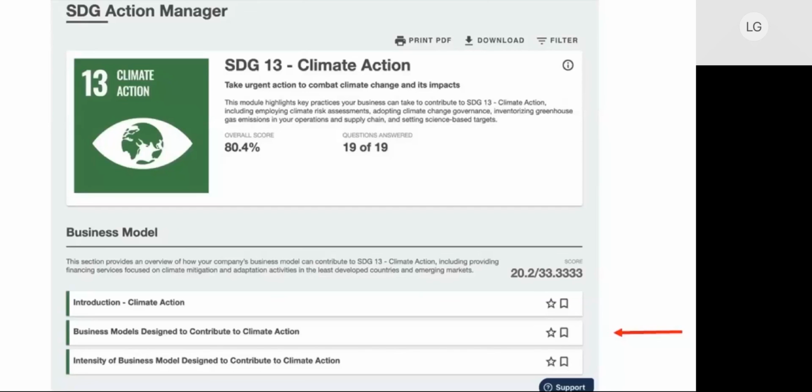And then here are the questions that are listed below. In each module, there are a series of questions. Remember, those questions are going to tie back to those, in this case, 3 targets that are trying to be addressed by the questions. So in this case, one of the questions is business model designed to contribute to climate action. And this is where I think, again, this tool is really unique, and it's also very forward-thinking, and it's